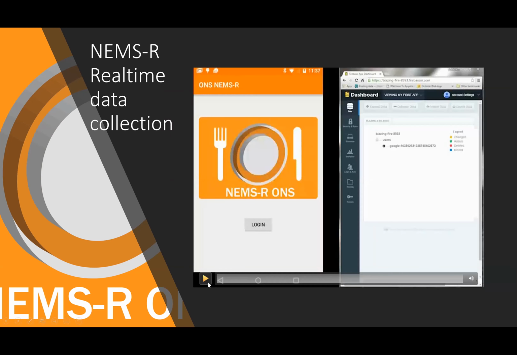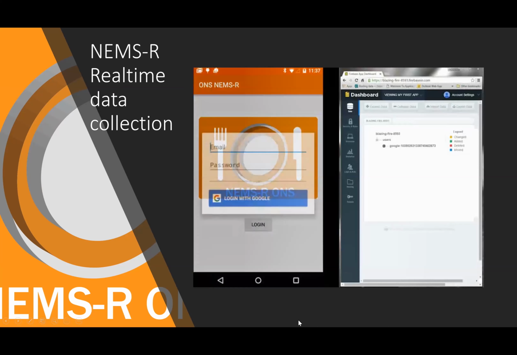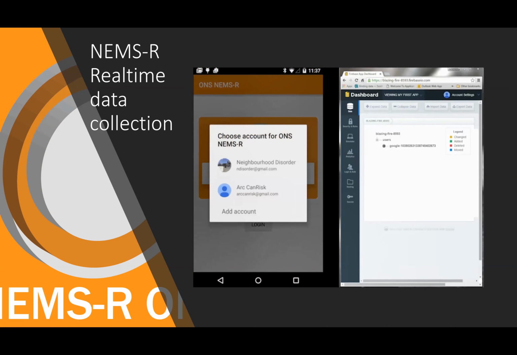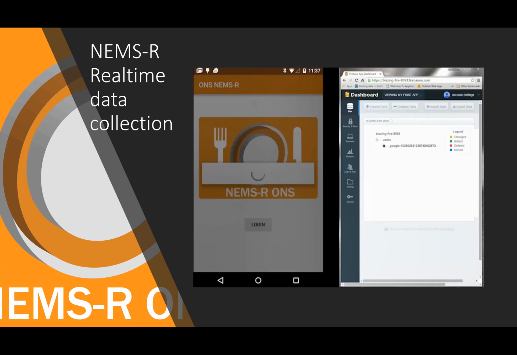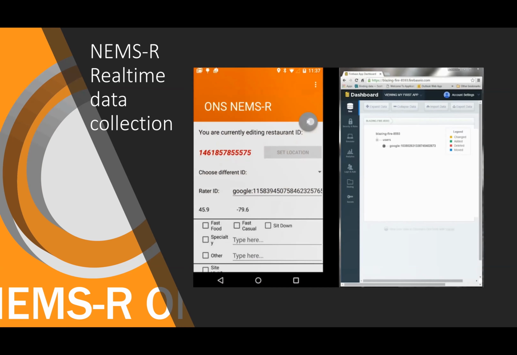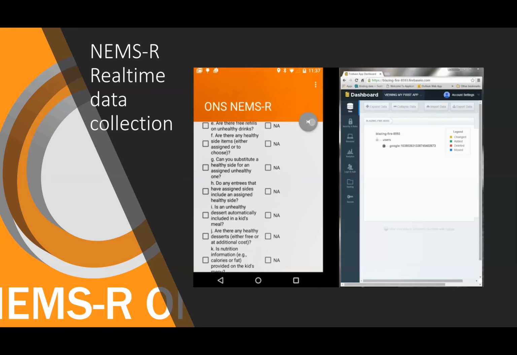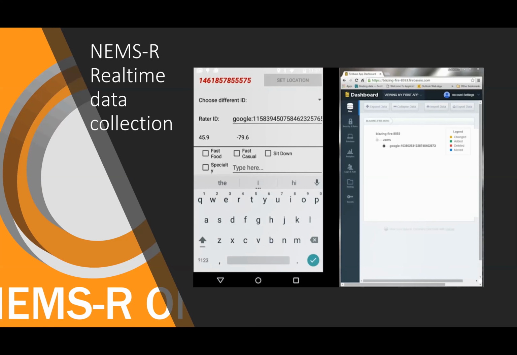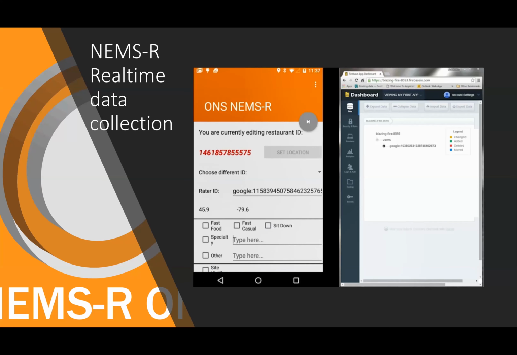And this is an example of how it works, just a small demo, using the authentication in Firebase. So only authenticated users can use the app. Obviously, we don't want the public using it and messing up our database. Only team members are allowed to log in and use the app and record stuff in the backend database on Firebase. Just showing here on the right-hand side is the actual Firebase item. Every time something is changed on the local phone, like the name here, you can see on the right it will add a new item